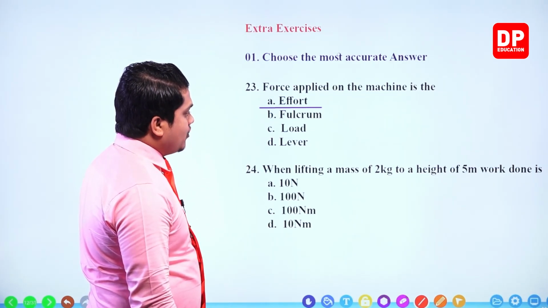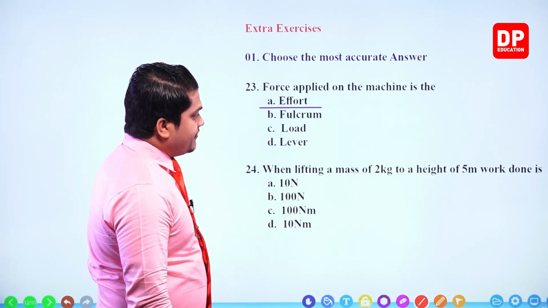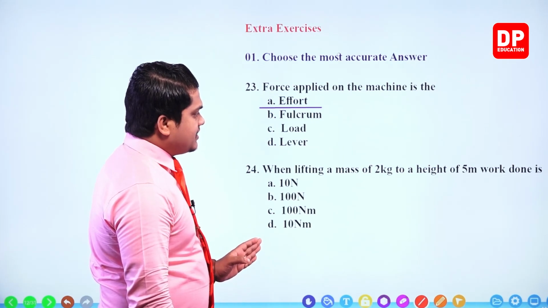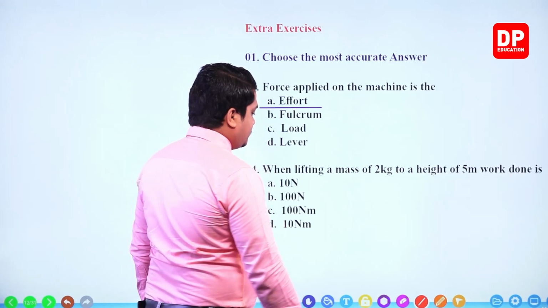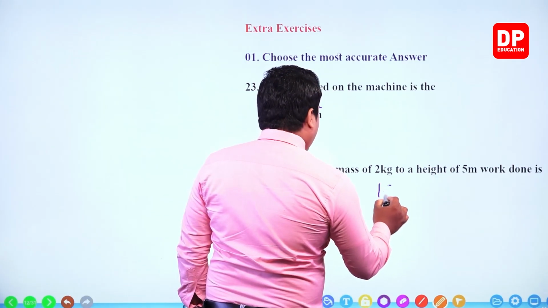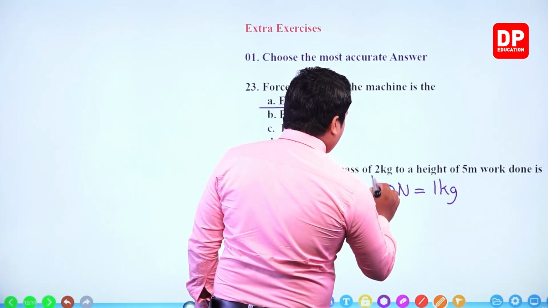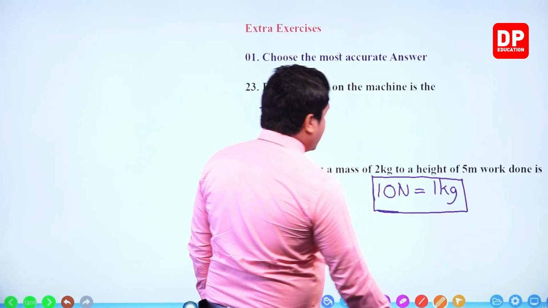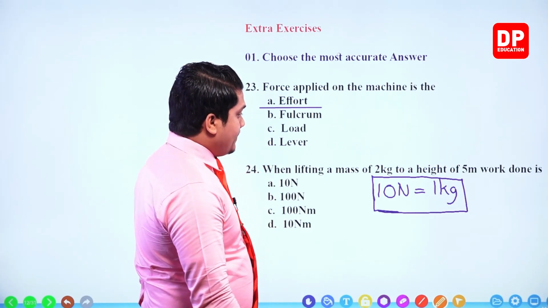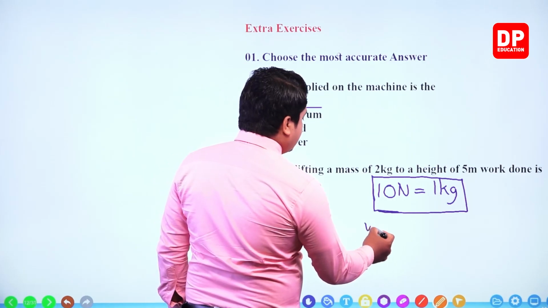Next one, when lifting a mass of 2 kg to a height of 5 meters, work done. So 5 meters is the height, and the mass is given as 2 kilograms. You know that we have even studied this. I have given you this relationship, my dear children. Weight is always created because of the gravitational force. So 1 kilogram of mass gives out a force of 10 newtons, 10 newtons of weight at the surface of the earth. So 2 kilograms means 20 newtons. So when 20 newtons is lifted up to a height of 5 meters, work done is equal to